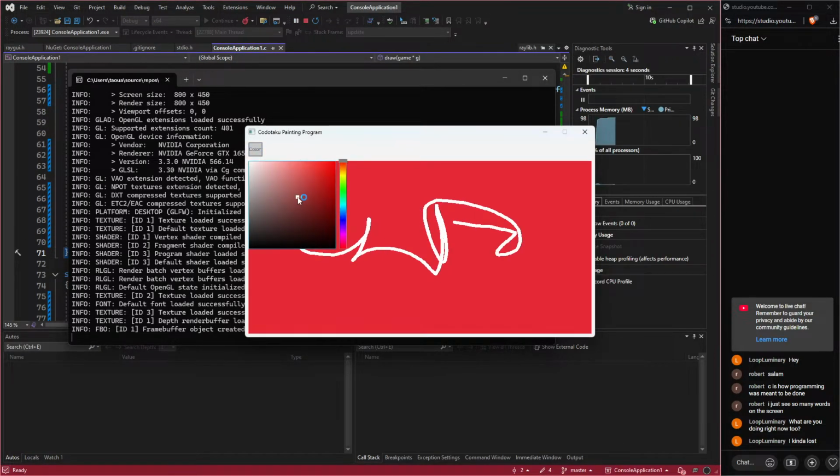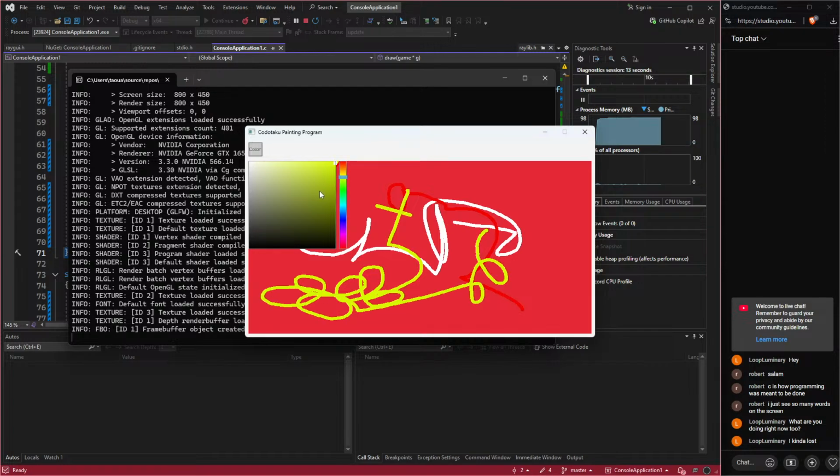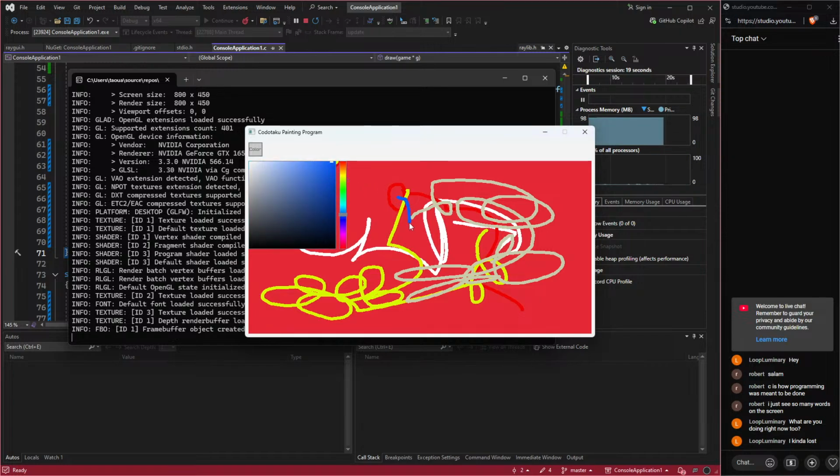Right, so white. Now I could actually choose another color. There we go. Now I could choose whichever color we want, and it works perfectly fine. The only problem though, I think, is, there we go, it doesn't really respect,